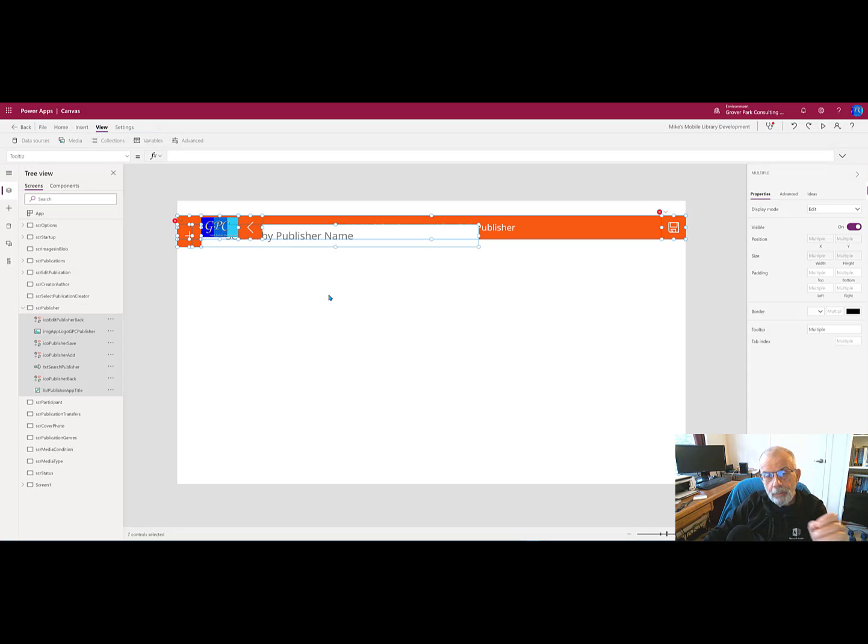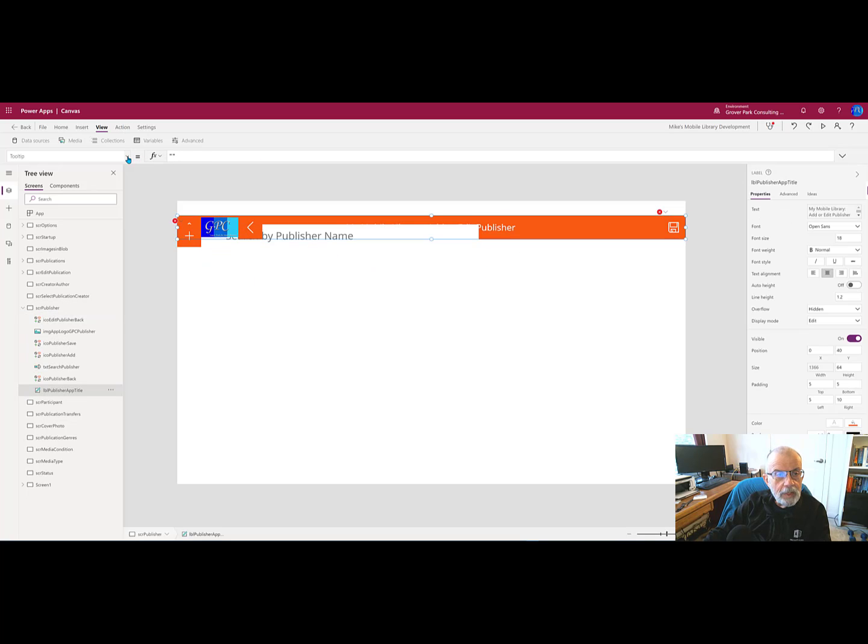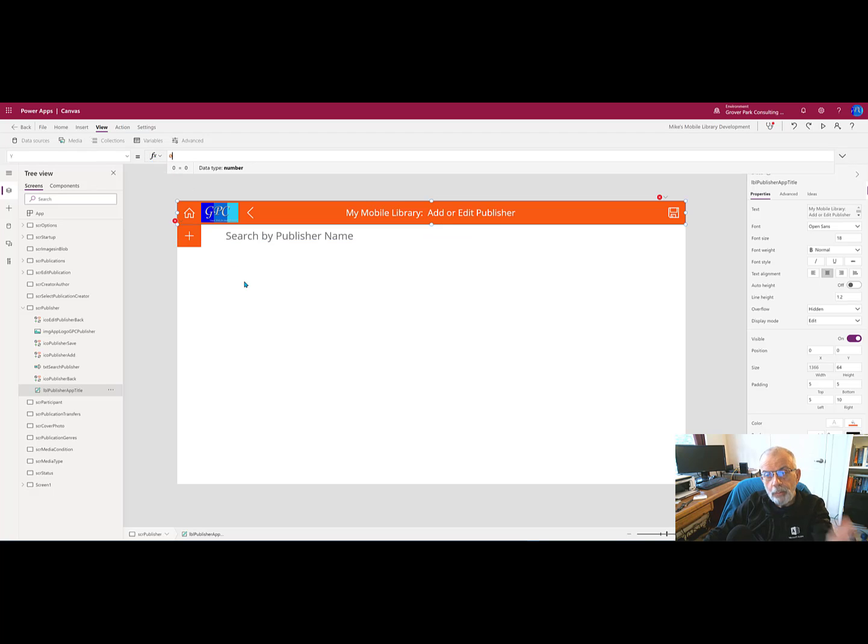They drop in the wrong position, and that's because by default it starts, I believe it's 40 down from the top, and I have not yet figured out a way to change that default. If I ever do, I will be sure to let you know. It goes in at 40, but if I set it back to 0 where I want it, everything pops into place, more or less. This icon is in the slightly wrong position, but that'll correct itself as I bring the